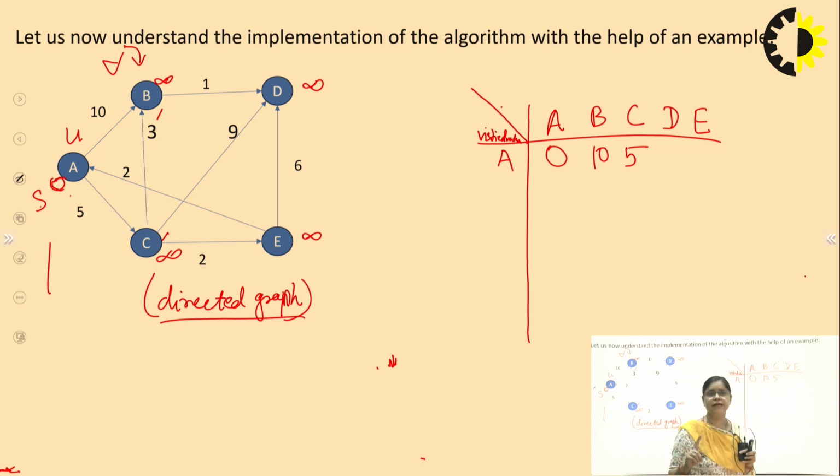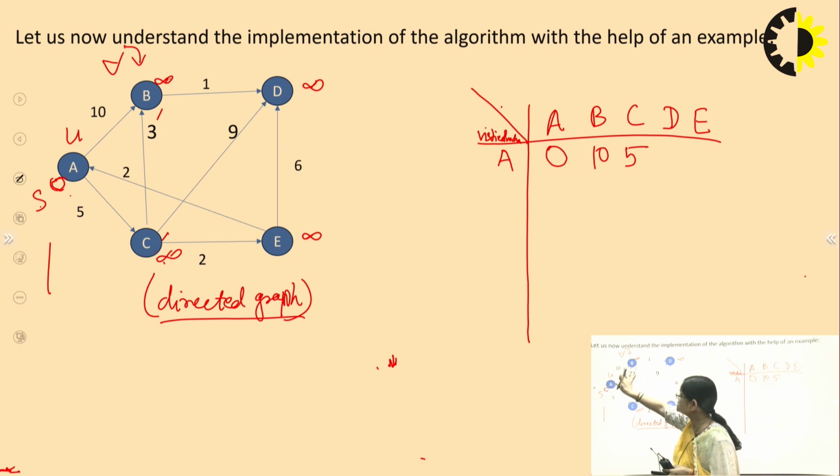Now, if you see from A to D, it's not a direct node that is connected to the A vertex, and we don't know what the distance is. It is not mentioned. Why? Because if you see, B has got the infinity and C has got the infinity. We know this distance, but we are not knowing the distance of B.